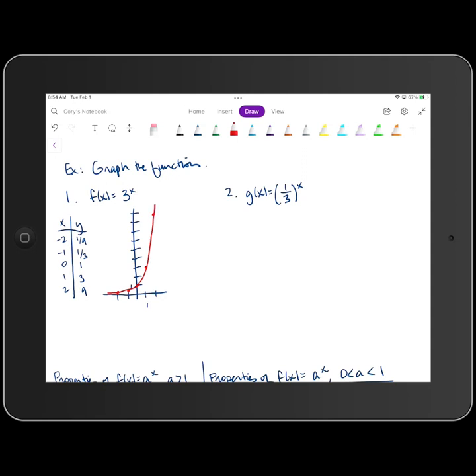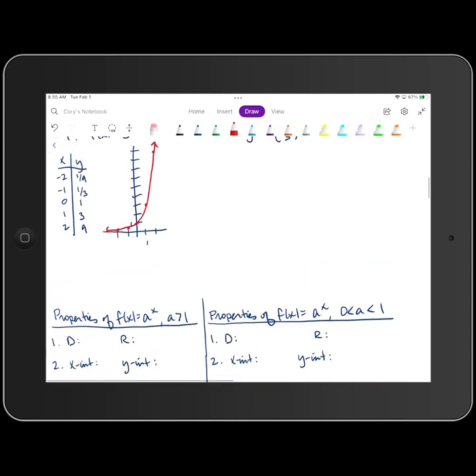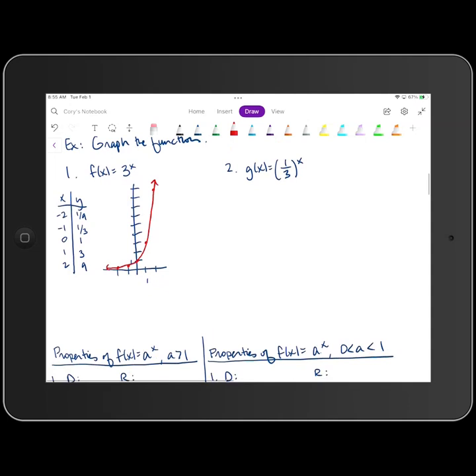Okay, so we're going to connect those 5 points with a curve looking like so. That's the graph of 3 raised to the x power, and we're going to refer to that graph when trying to determine some properties of functions of that type. Now we can do the same thing for number 2, where we have the function